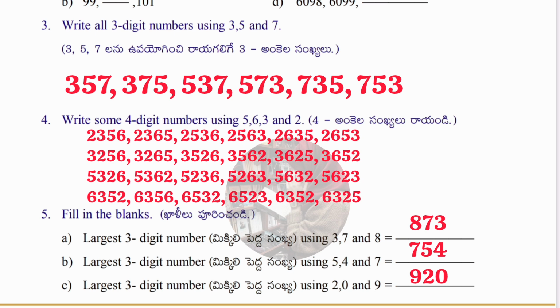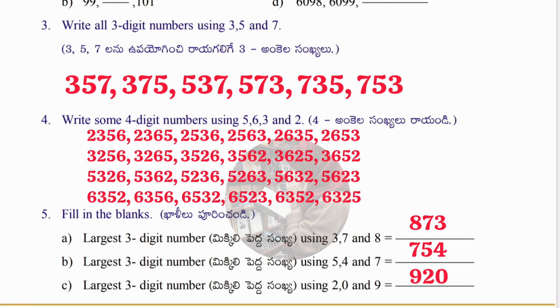Okay, like that. Next Roman is we have to write 4-digit numbers using 5632. Okay, so here you go guys. Please pause the video and write down the numbers. Here I am not going to read it. Okay, if I read it you will get confused. That's why please pause the video and write it down carefully without any mistake.